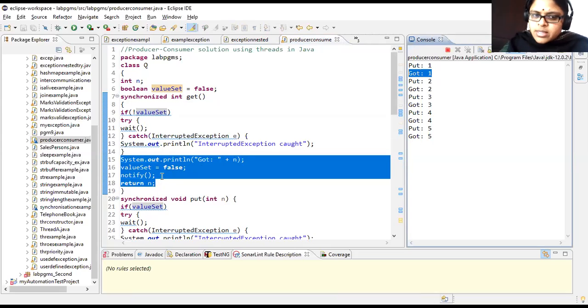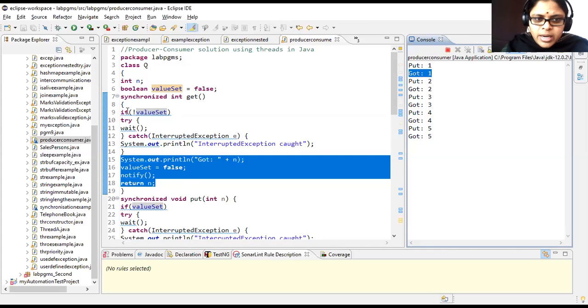It also raises, that is, the consumer thread also raises a notify. Why is this raising a notify again? Consider that your producer thread is sleeping, that is, it is waiting and it is in the blocked state now. Till your consumer thread gives a notify statement, your producer thread also cannot execute. That is the reason your consumer thread as well as your producer thread should notify, because if it is going to the waiting state, it requires a notify to come back from the blocked state to your runnable state.